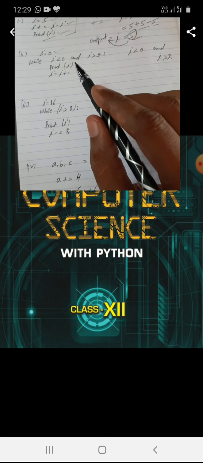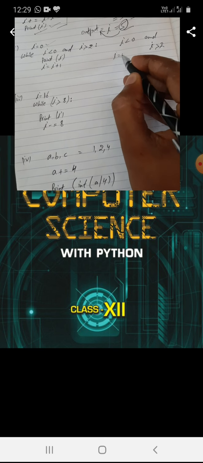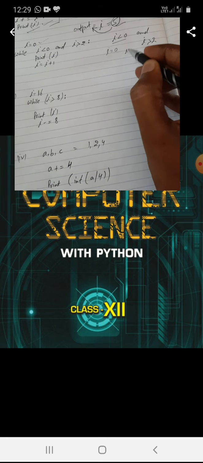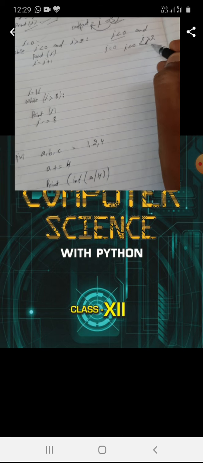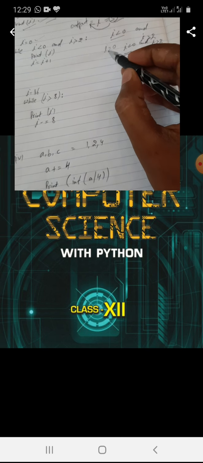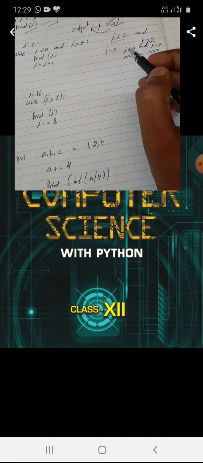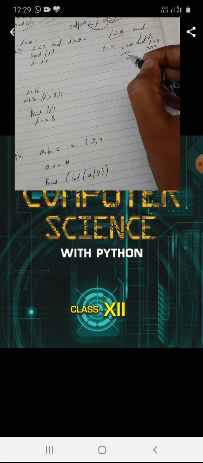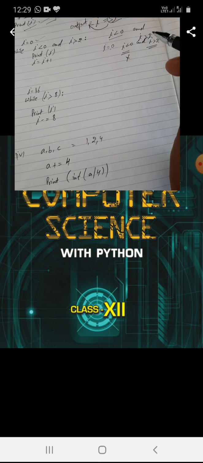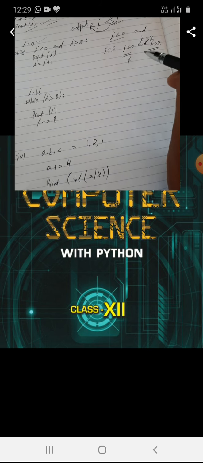Students, what is the initial value of i? Initially the value of i is equal to 0 and the condition is while i is less than 0 and i is greater than 2. The value of i is exactly equal to 0, so i is less than 0, this condition is actually wrong.